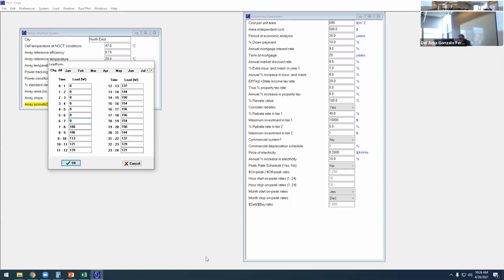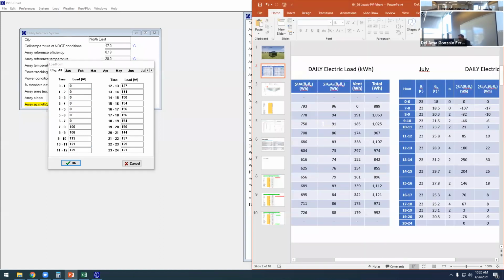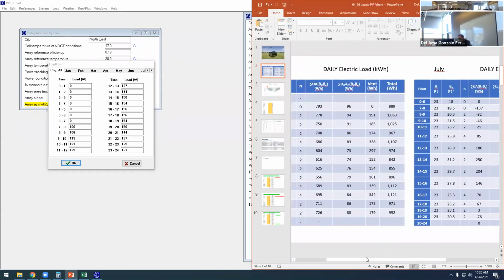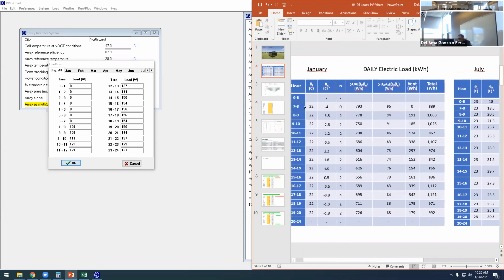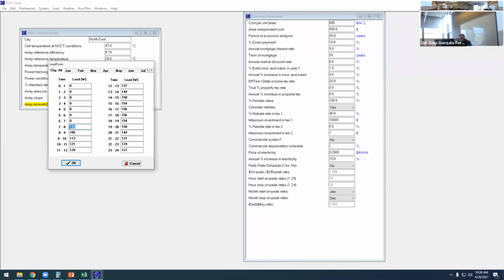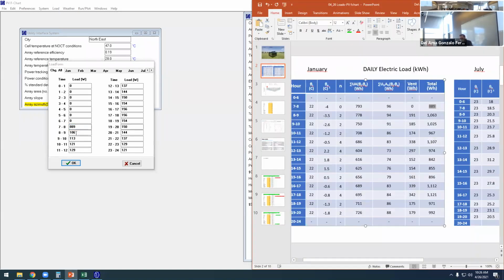Even from 0 to 7. Then from 7 to 8 is 889. So we can copy 889, or we can type it. So this is